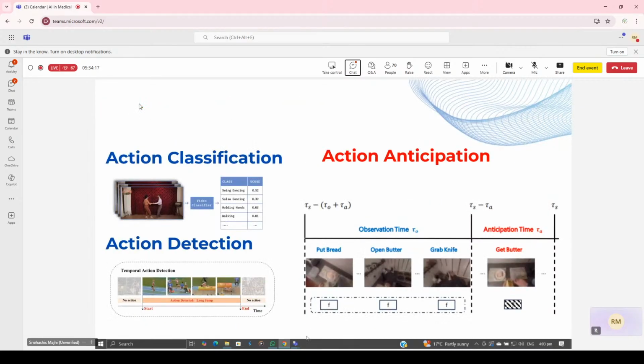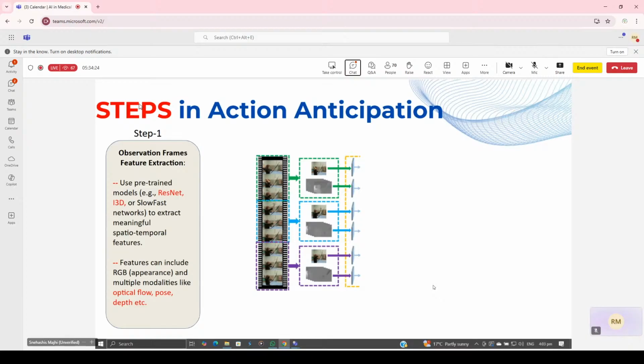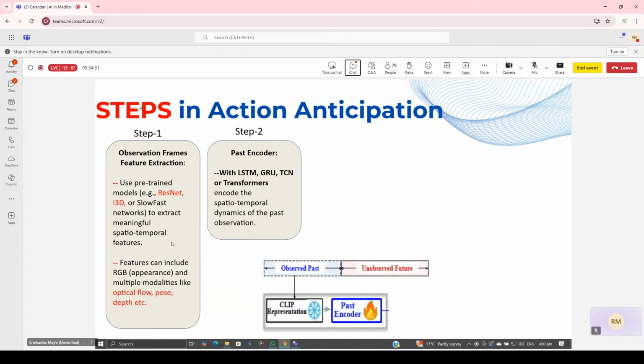This is a slide to clearly distinguish between action anticipation, detection, and classification. The steps of action anticipation: the first is feature extraction, the same as detection. The second step, the key one, is a past encoder. The past encoder only takes the observed past, not the future instances. It could be a clip representation, a foundation model, and then it goes to a past encoder like a transformer